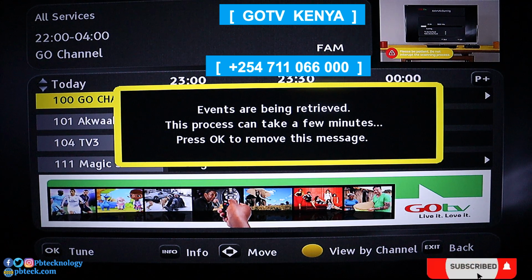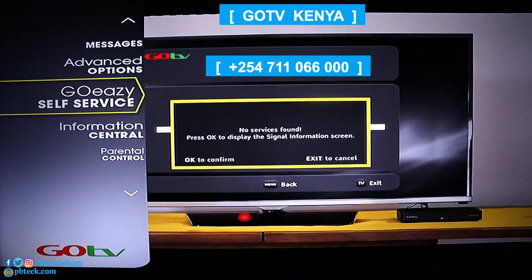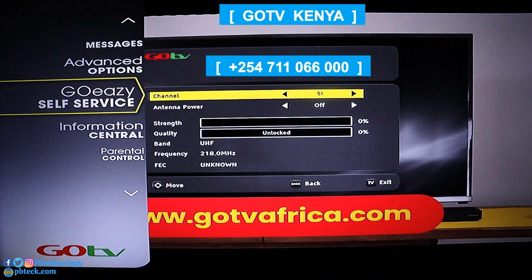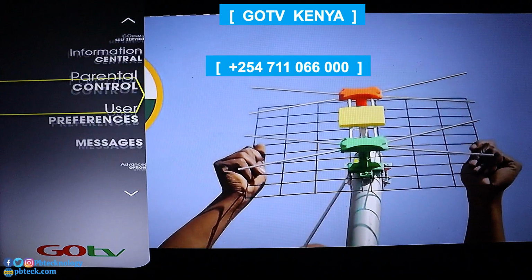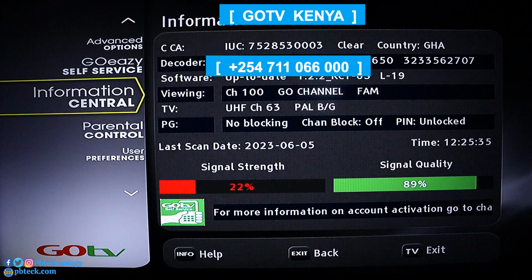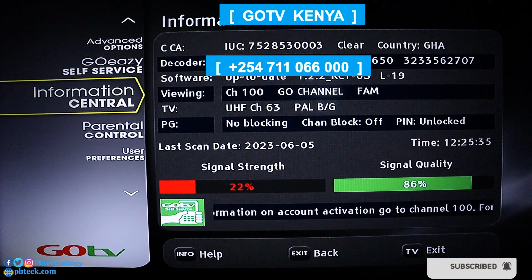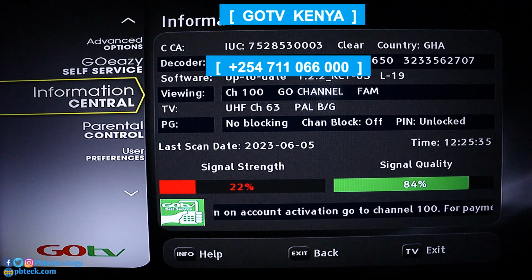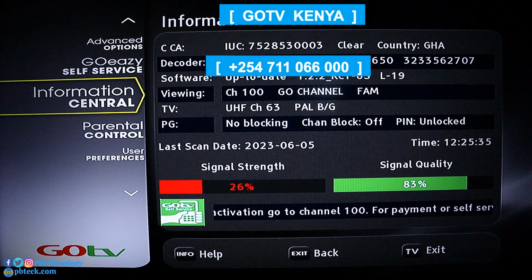If it has faded off or there is no sticker over there, you pick up your gotv remote, you press on the green button, which is the gotv logo, and it's going to take you to the gotv menu. Use the arrow top and down keys and then look for Information Central. So you find Information Center and then you press OK on it. And on this page, on the first on the list, as you can see, you have the IUC number over there. So that's what they're going to request for them to help you